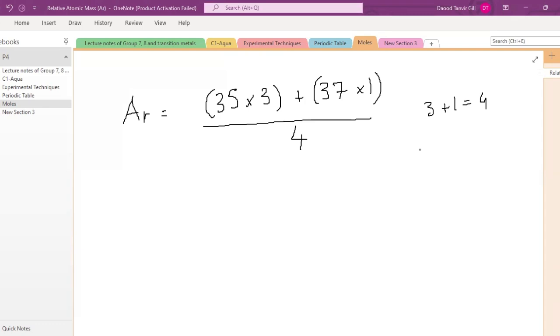Okay. 35 into 3 plus 37 multiplied by 1, divided by 4. And again, we are getting the same answer. In this way, we get the final answer as